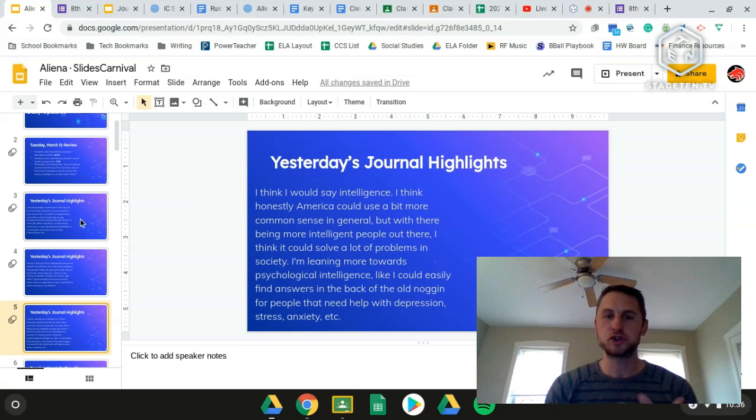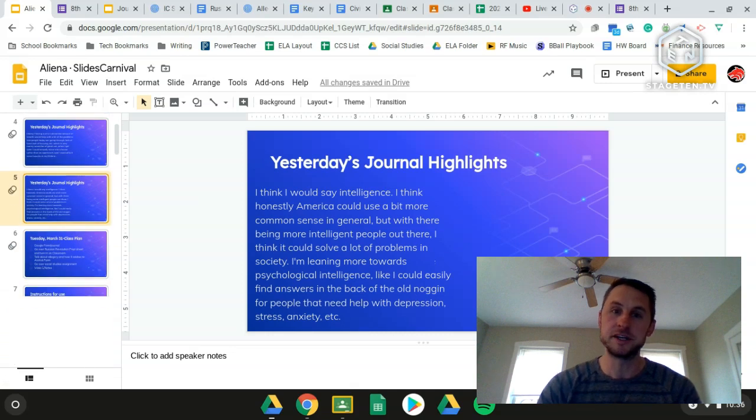So those are just 3 highlights from our journal yesterday. We'll have a new one today. This one's going to be more of a theme journal that we're going to be rolling with for the next few days. So I will continue to bring in journal highlights every day. So again, if you didn't get chosen today, please don't take any offense to that. I'll try to choose different people every single day for these journal highlights because there were an awful lot of good ones.